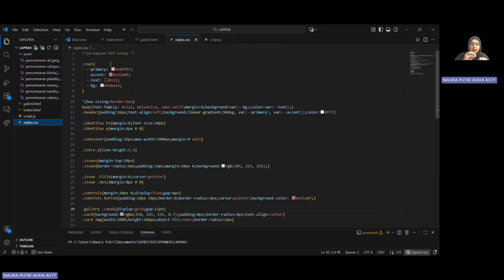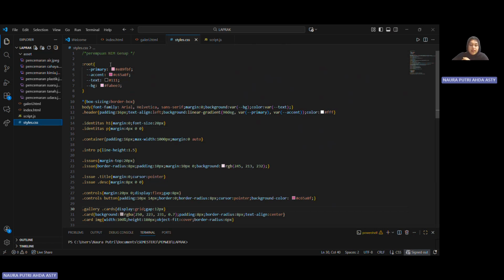The primary is the main color, which I set to pink. The second one is accent, to make the highlight stronger, and then the text is black, and the background is pink for the whole website.